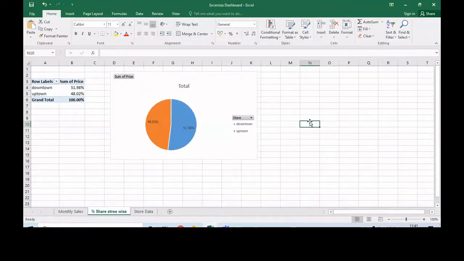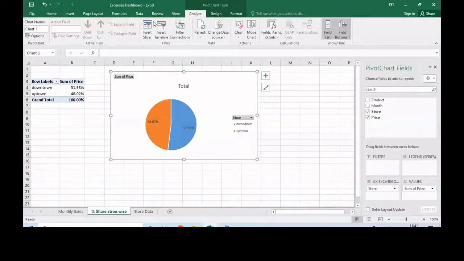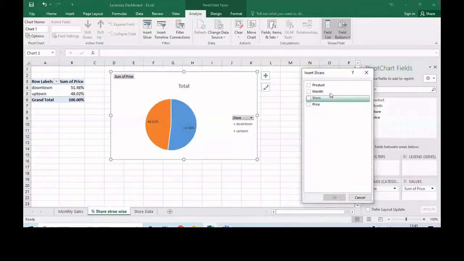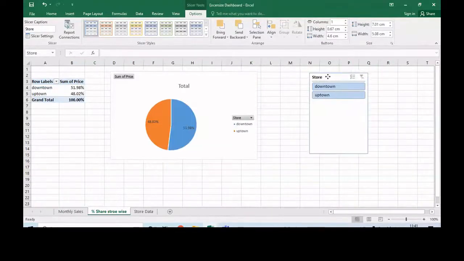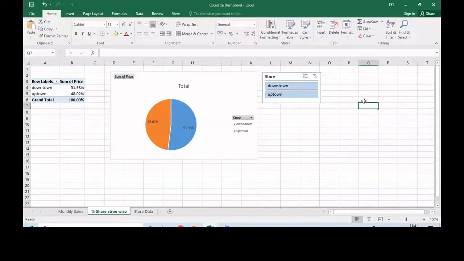Although a slicer is not required, we will still insert the slicer, and for the slicer we'll select only store. That's it. So we have downtown and uptown, and this slicer we have.